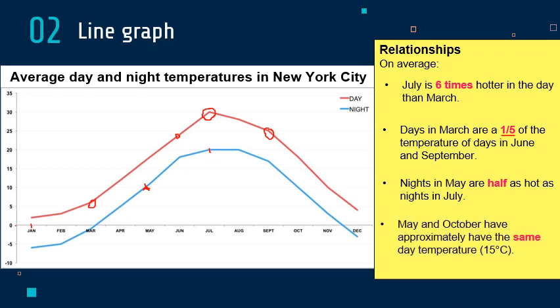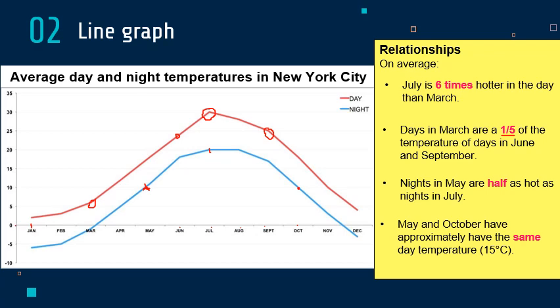This is the last one here. This is not so much about a relationship between two different numbers. This is just about finding similarities. So this is another way you can find relationships. May and October have the same day temperature approximately, which is 15 degrees. And I kind of found that quite interesting because it sort of shows in this time 1, 2, 3, 4, 5, in that 5-month period, it kind of goes up again and then it goes back down to about the same average